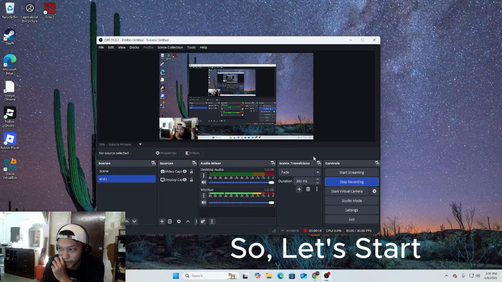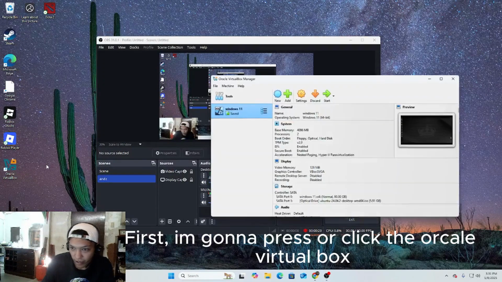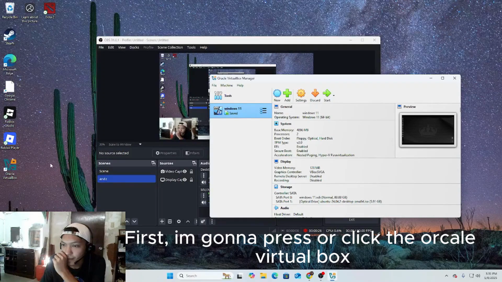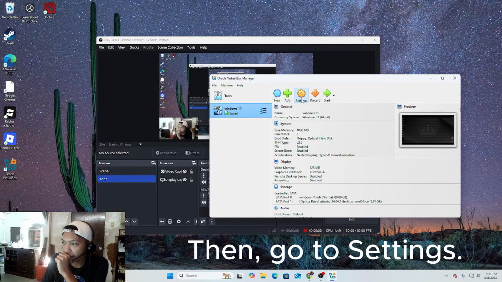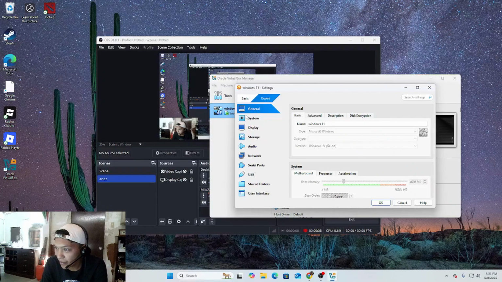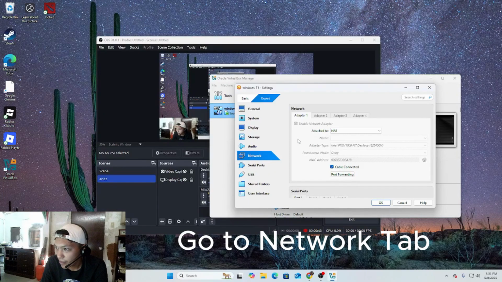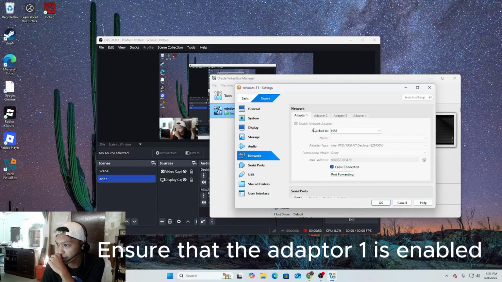So, let's start. First, I'm gonna launch the Oracle VirtualBox. Then, go to Settings and then go to Network tab and ensure that the adapter 1 is enabled.